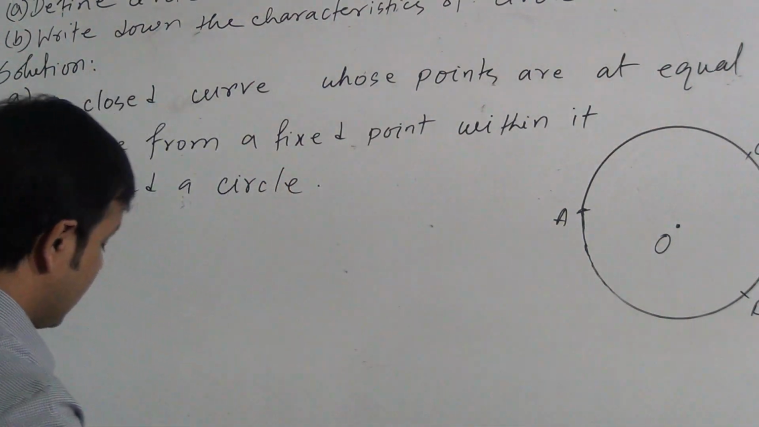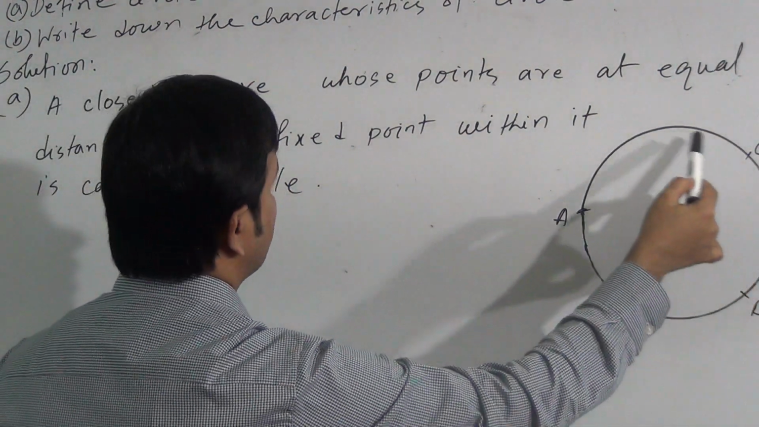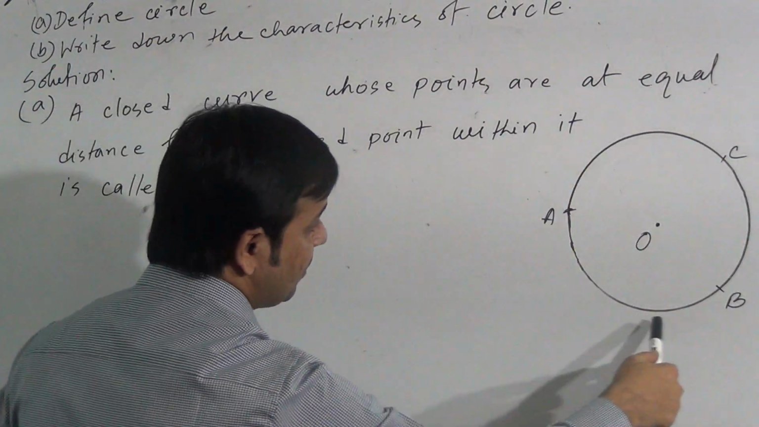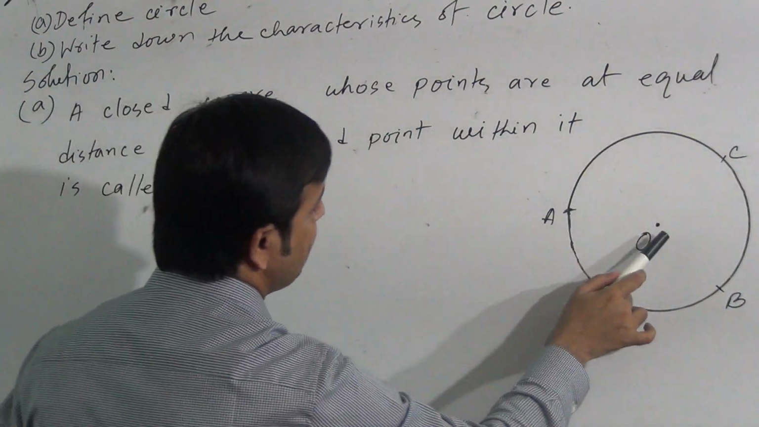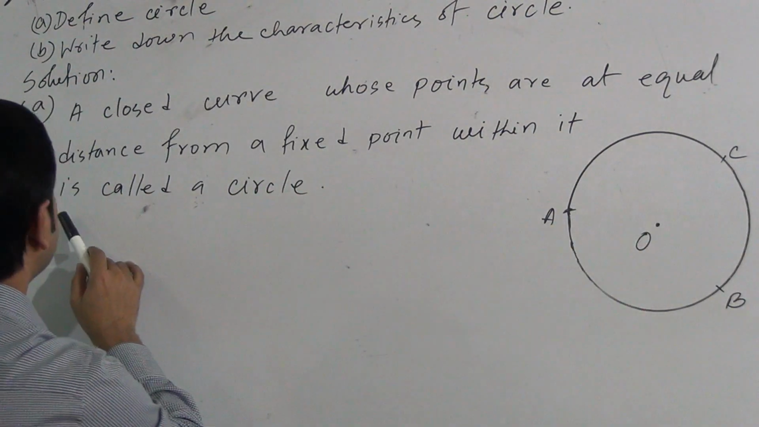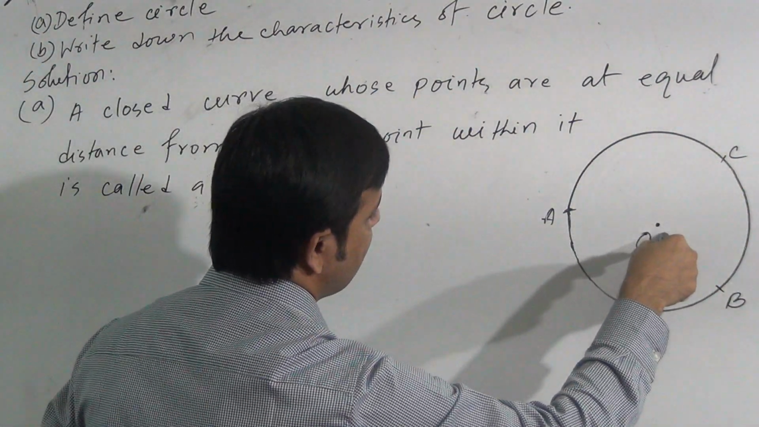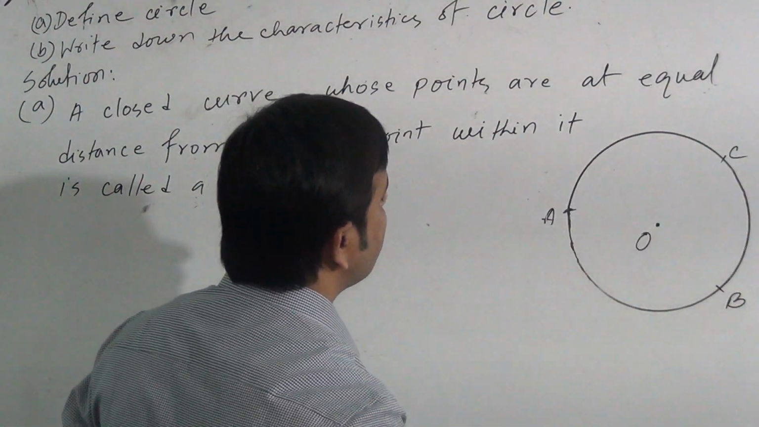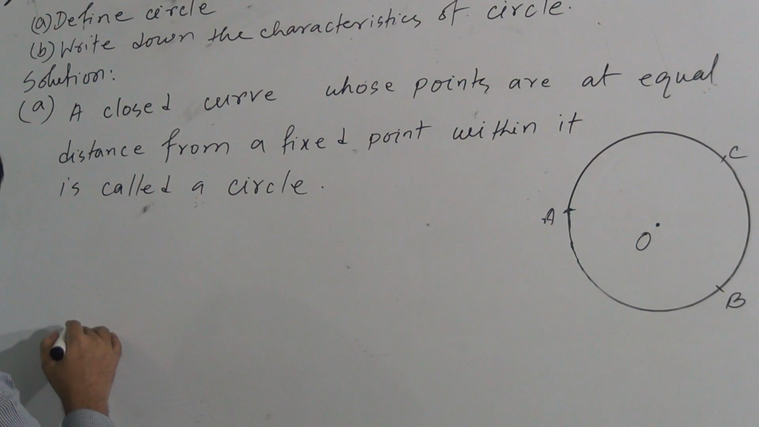Students, now see, match the figure with the definition. A closed curve. This is a closed curve whose points are at equal distance. It means the points of this curved line are equal distance from a fixed point. This is the fixed point within it. Inside the shape, here is a fixed point and all the points on the curved line are equidistant. Okay, dear students, so we can say in the above figure,